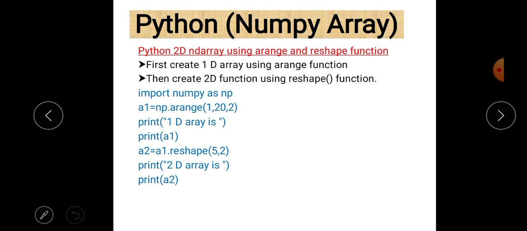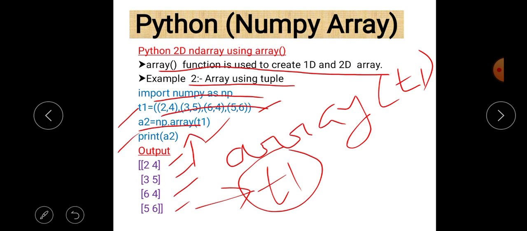Third is Python two-dimensional ndarray using arange and reshape function. As you know that arange function, before I discuss arange function, let us talk about some important points regarding array function.